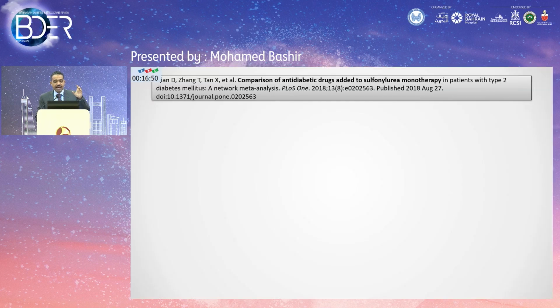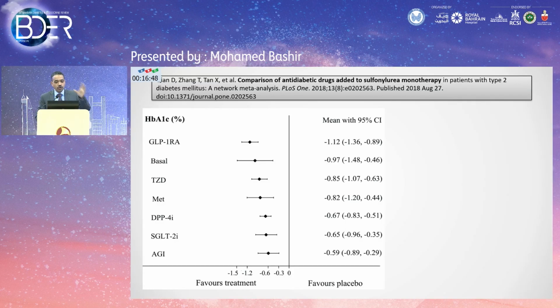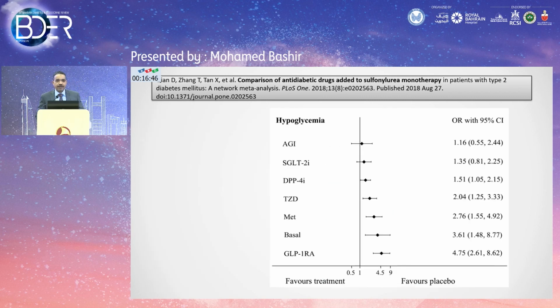Because if you look at studies that looked at the risk of hypoglycemia when you're combining any agent with sulfonylurea, the risk of hypoglycemia most of the time increases by 50% to 2, 3, 4 folds. So our patients could be on any combination. So I think whenever sulfonylurea is in a combination with anything else, those doses should be halved. And I think if you try, you can use gliclazide instead.